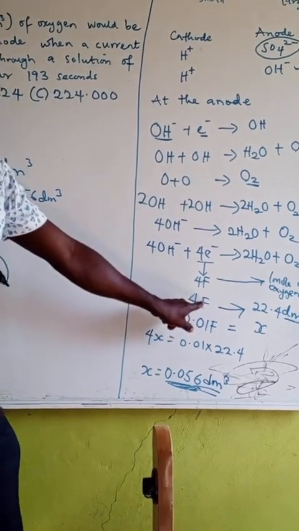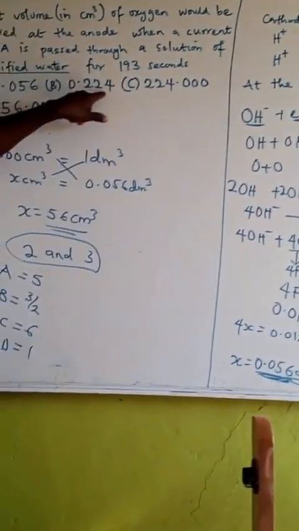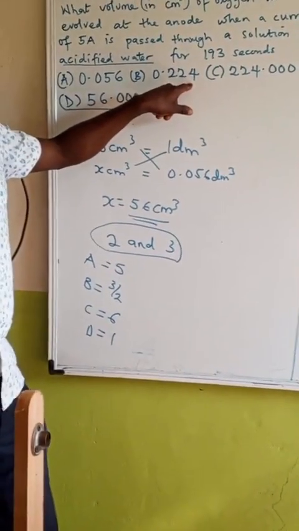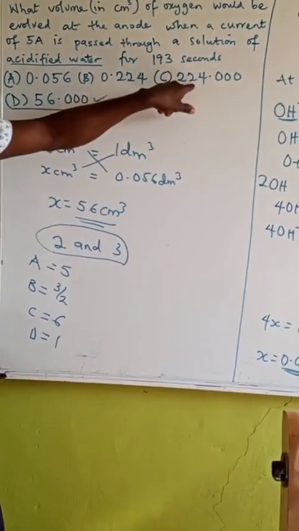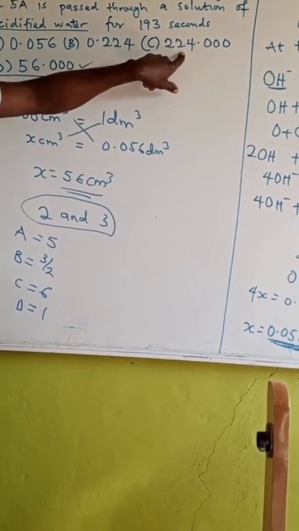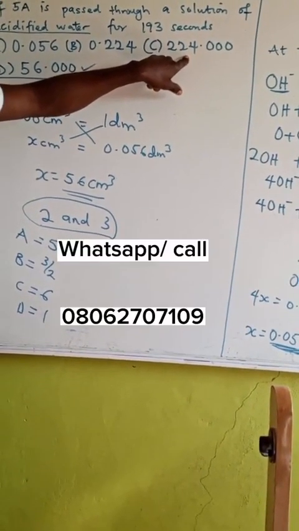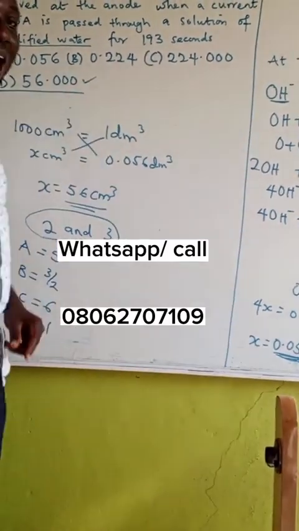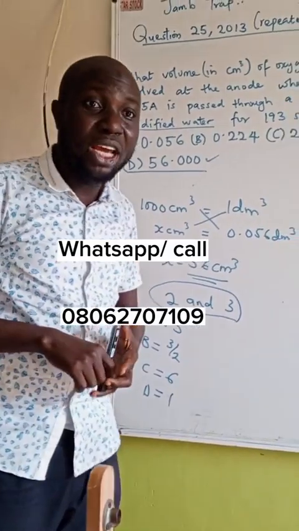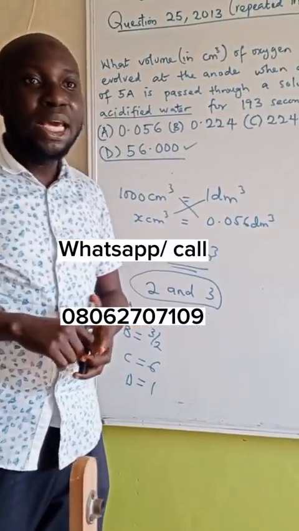Do the calculation with 2 farad, you will get 0.224 in dm cube. If you change 0.224 to cm cube, you will get 224 cm cube. I hope you understand this logic now. That is why when you are writing the UTME exam, you just have to be very, very careful of the trap. In some of our